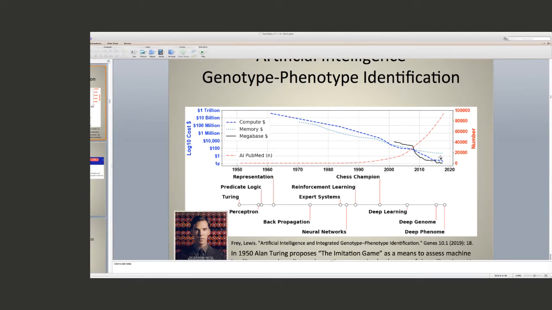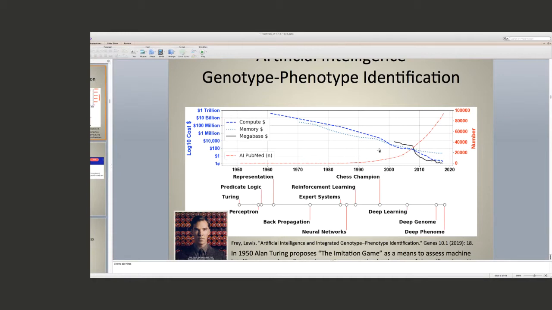This has changed the game where we can now do computation that we couldn't do before, and this is artificial intelligence. Publications from PubMed are increasing in relationship. This drop off right here, this figure, that's the cost of genomes dropping off. Okay, so you can see that it's huge. It's following Moore's law around here and then drops off, but it's in relationship to a much bigger phenomenon that's